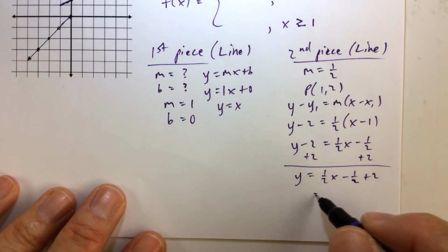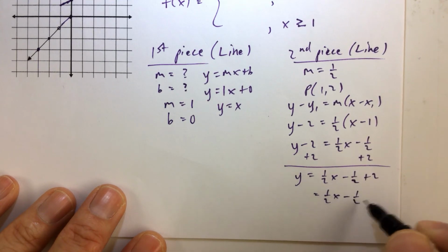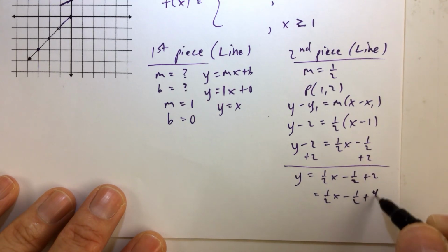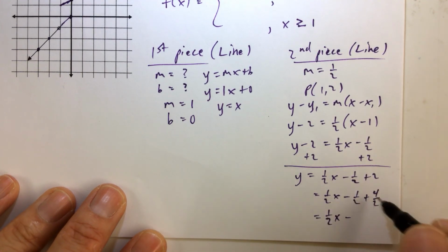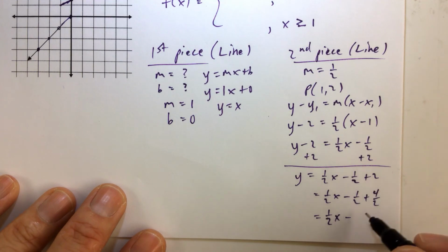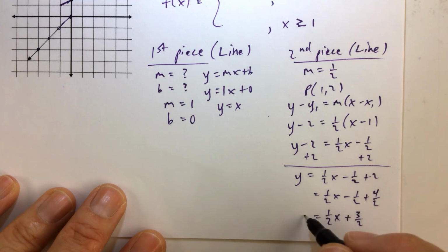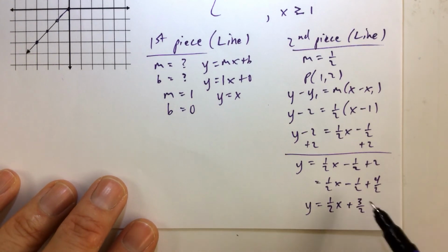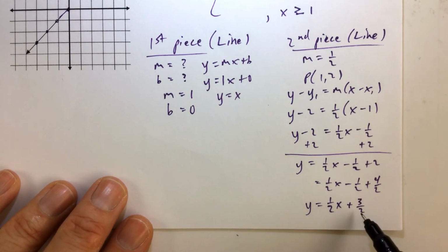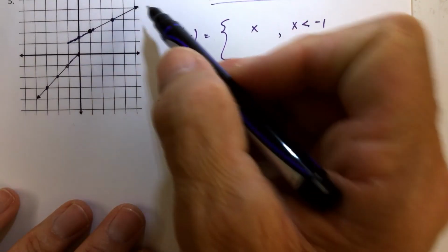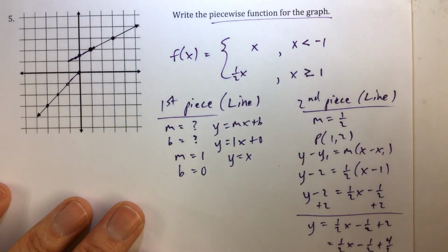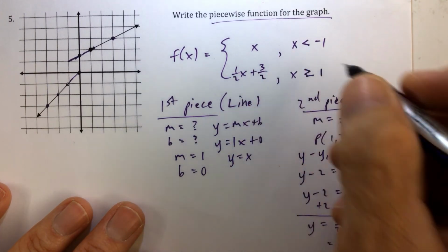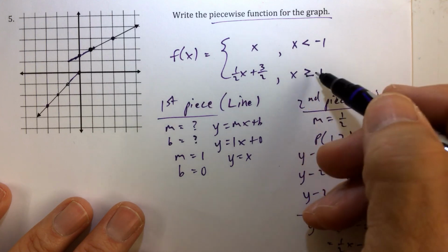So minus 1/2 plus 2 means we have to get a common denominator. 2 is 4/2. So when we get a common denominator, we combine these two fractions, and we get -1/2 plus 4/2, which is plus 3/2. And so y equals 1/2 x plus 3/2 is the second piece. That's the equation of that line, but we only use the equation of that line, 1/2 x plus 3/2, when the x values are greater than or